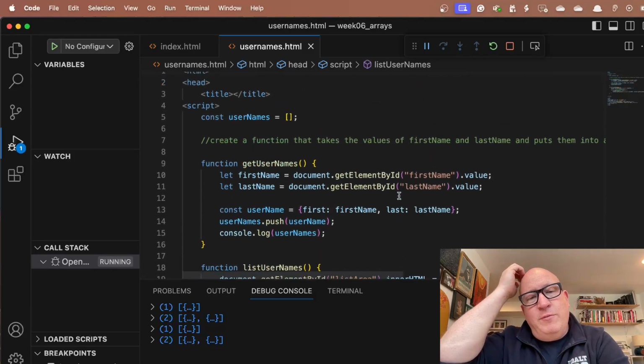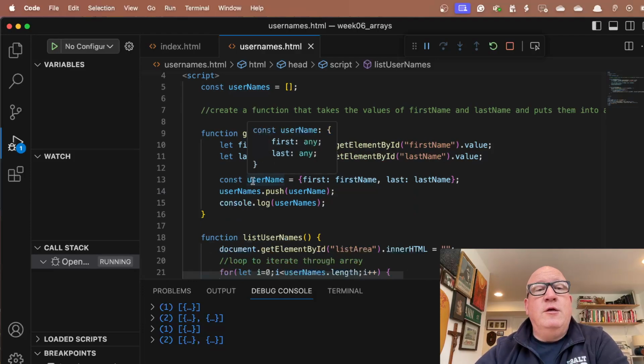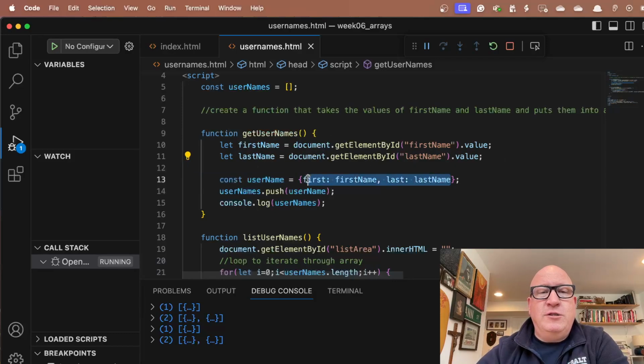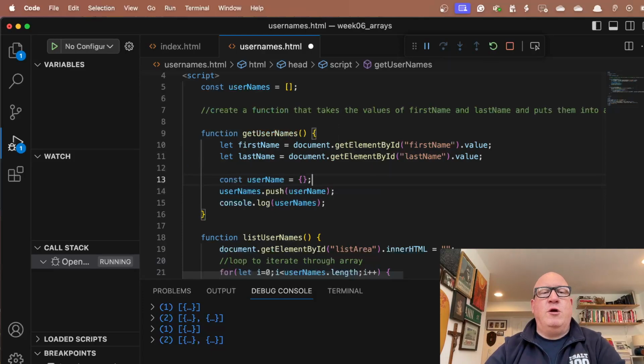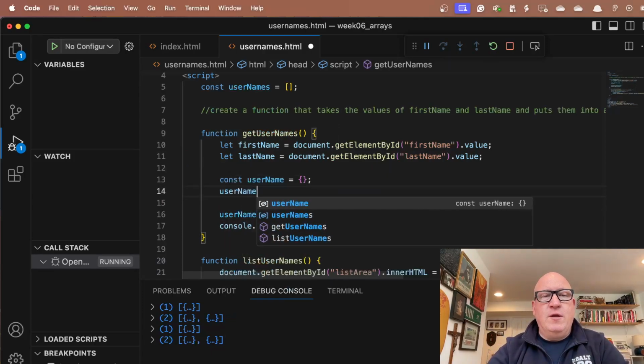What are some other names we can do for this, or other ways to do this? Well, instead of doing the constant username, instead of creating an object called username that has all these defined, what I'm going to do is just do it the one way the video showed, which was a curly bracket, and then I'm going to say